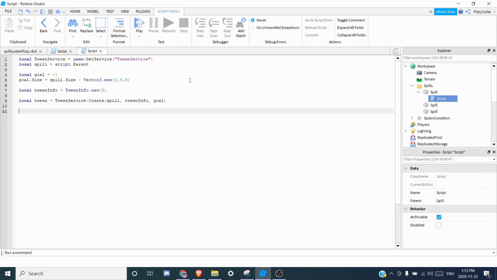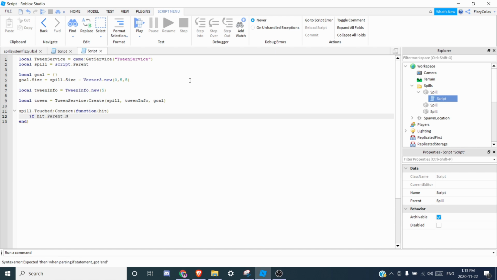Alright, so next we want to set the tween to happen when a mop touches the spill. So let's do if spill.touched. So if the spill is touched, and then function, and then inside these brackets you're going to want to put the item that hit the spill. So hit, enter, and then if the thing that hit the spill is parent name equal to mop. So this does if the thing that hit the spill's parent's name is mop,